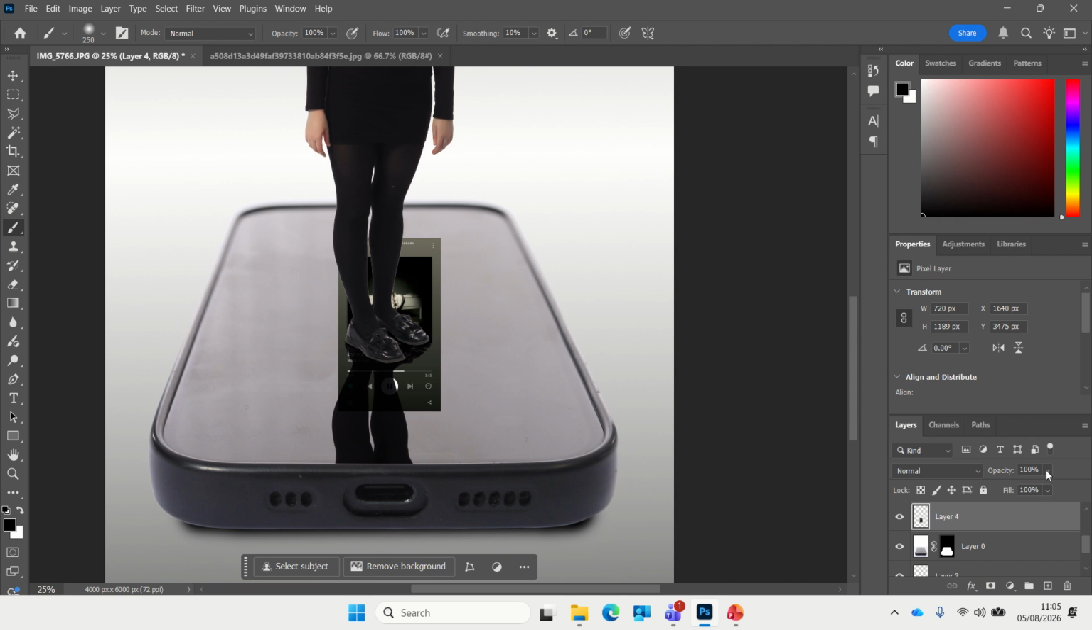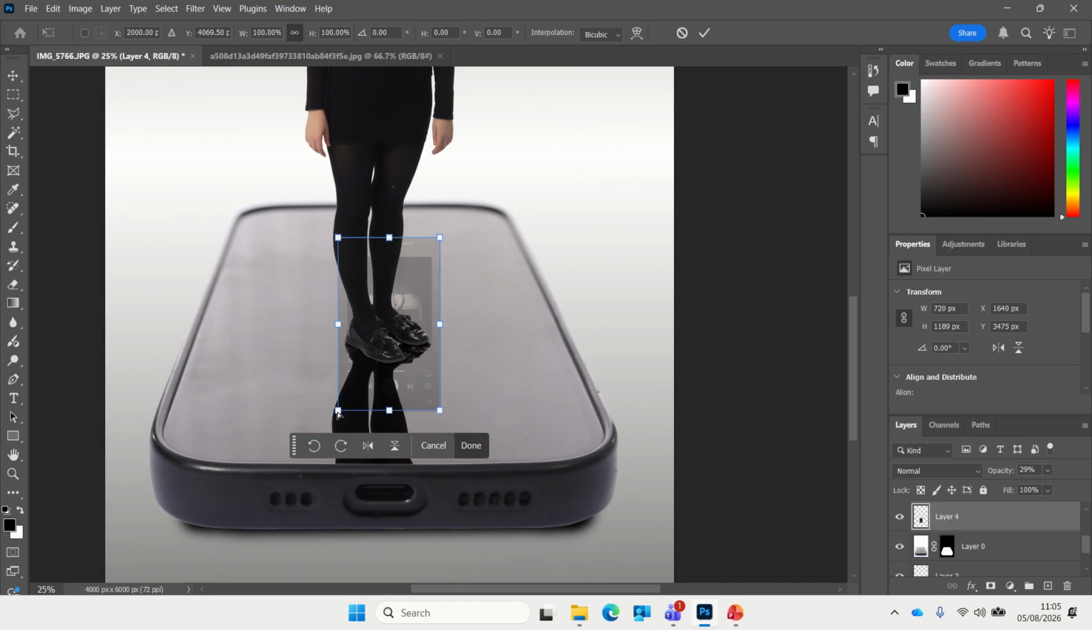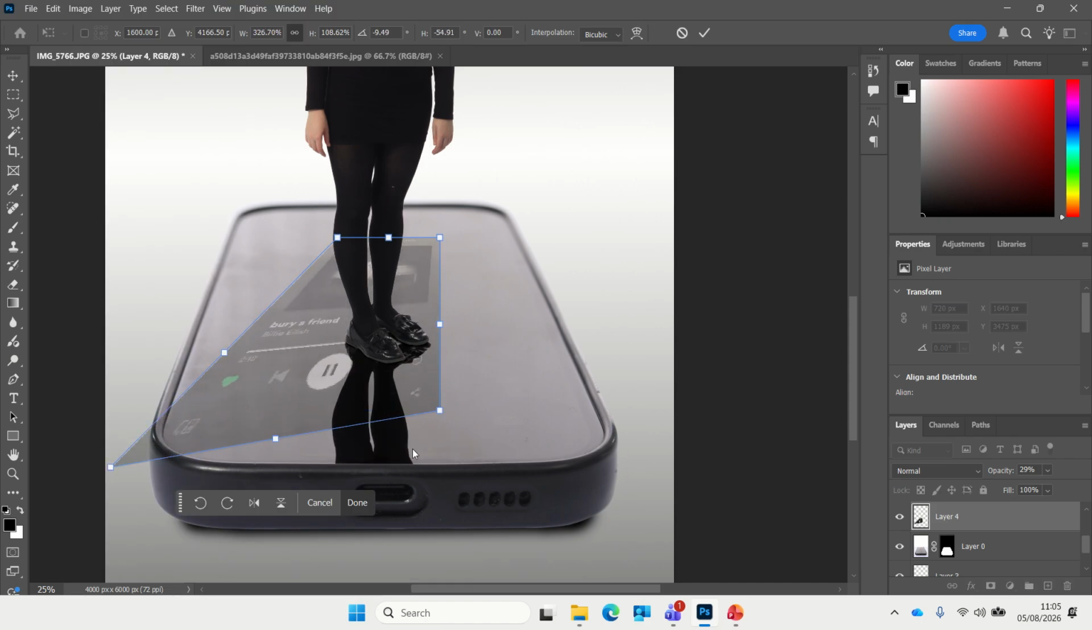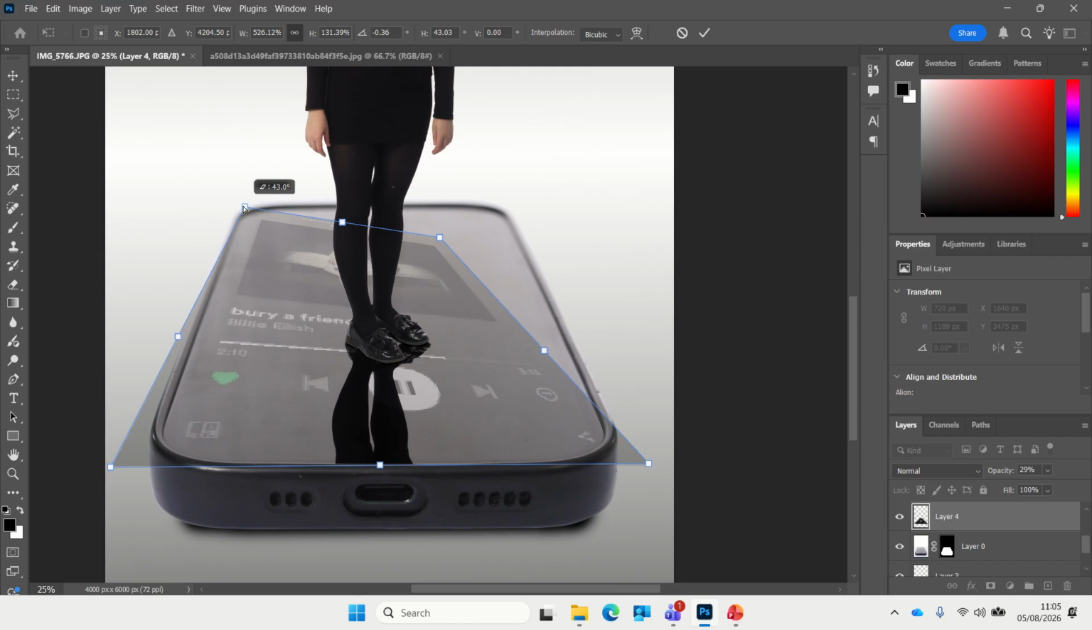So what we need to do now is stretch that image to kind of fill the space a little bit better. So I'm just going to reduce the opacity so I can see the screenshot and the phone underneath. I'm going to edit, transform, and I'm going to use distort. I'm going to pull one corner over here, one corner towards the front over there, and then do the same with the back corners,